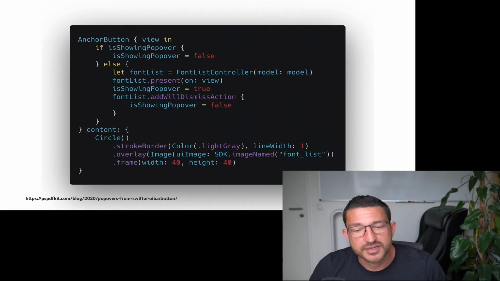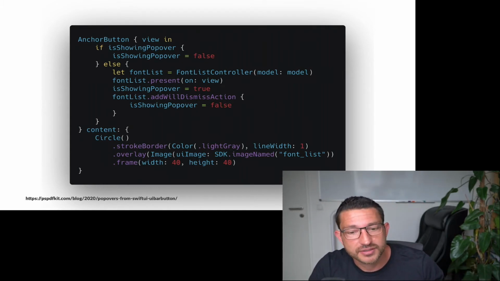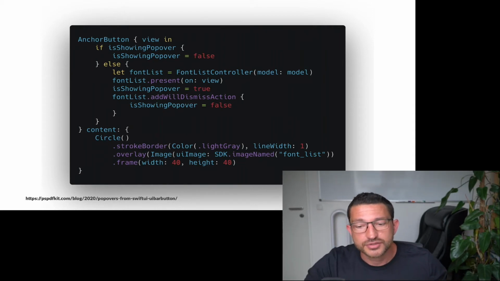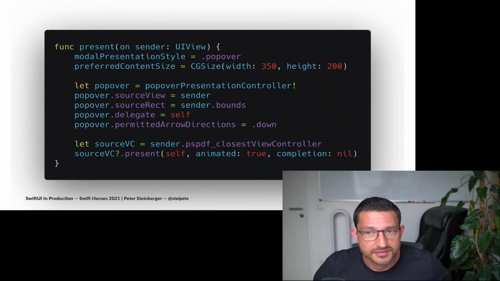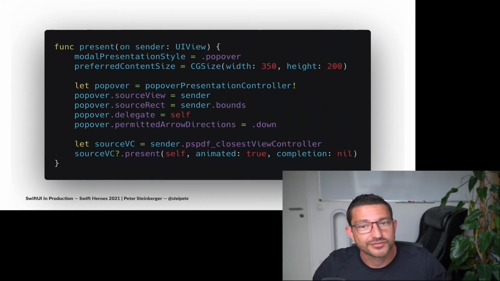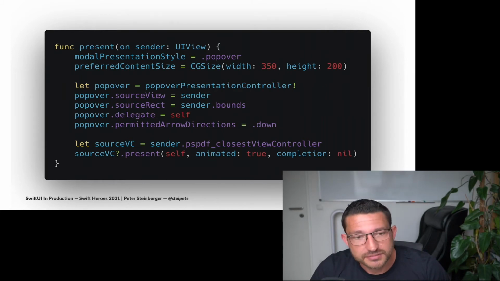In our codebase, we have a class called AnchorView that resolves the view and passes it on tap to the action that is being called. And we can use that view to show our font list controller. The font list controller offers a convenient present method to present itself on a view. Now this is straightforward logic, as you know from UIKit. Since we also need a view controller, we have a helper here,